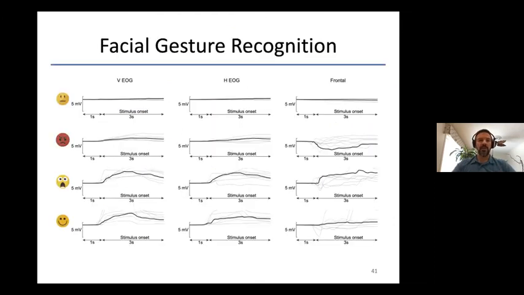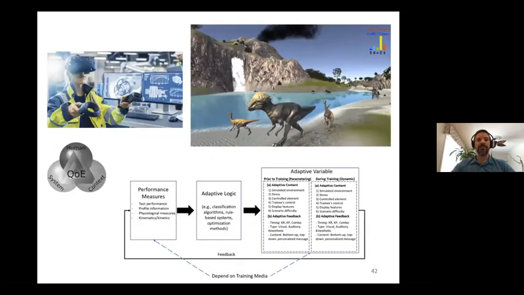Again, through the facial muscles, you're able to detect, for example, different facial gestures. So here we had individuals just sit neutrally, stressed, in awe, and just happy with what was happening. So you can see the very different kind of signals that are generated. So this shows that there's potential, again, to not only find information in the heart rate and in the EEG, but also in the different facial gestures that are widely used in affective computing. We can use that to monitor the user.